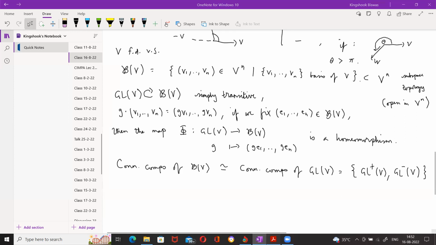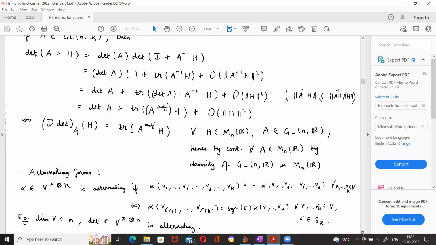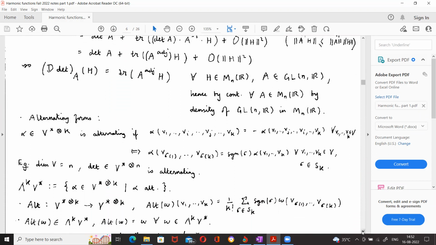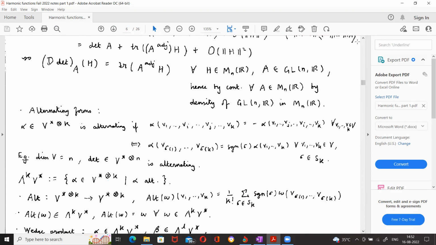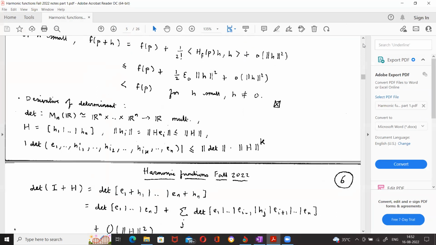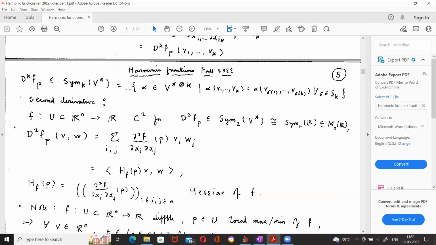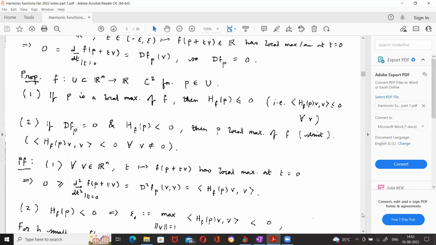Now let's talk about what are called alternating forms. So we saw that the higher derivatives were symmetric multilinear maps, right? So those are elements of V tensor power k, which are invariant under permutations of the vectors by elements of Sk. Now we are going to talk about